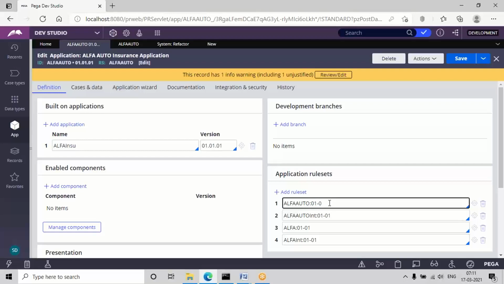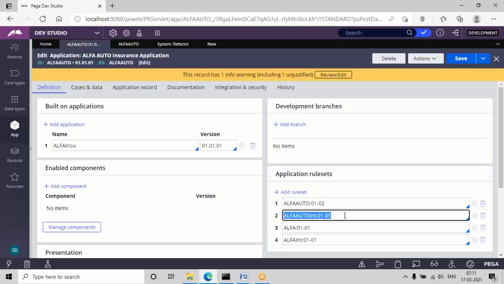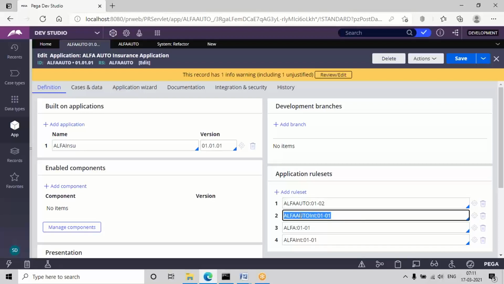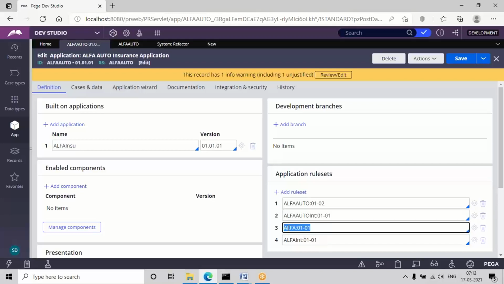I have to change it. Otherwise, if you don't change this, in the hierarchy, I'll be discussing what the rule set hierarchy is in the next classes. See, a rule set contains some hierarchy. Suppose you don't change this prefix value here, it will automatically switch to the next rule set and next version, whatever is there, and it will read that one. Suppose skimming is done again, it will read the next hierarchy, whatever rule set is there, it is going to read that one.